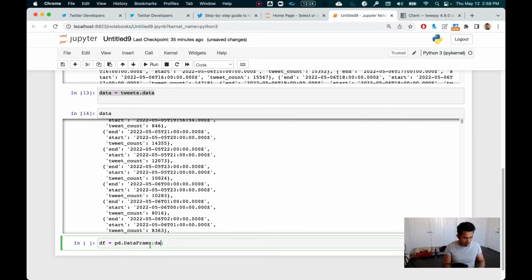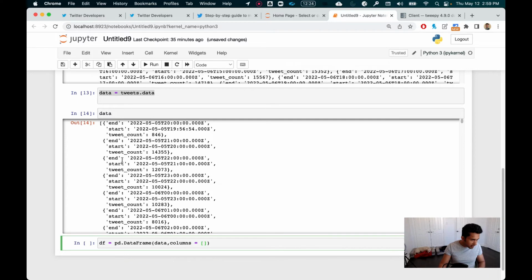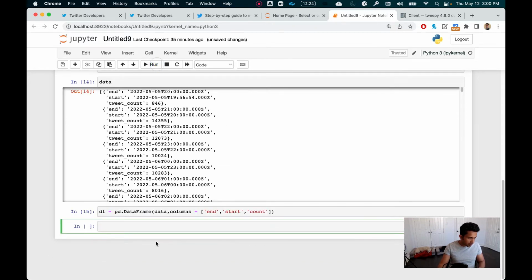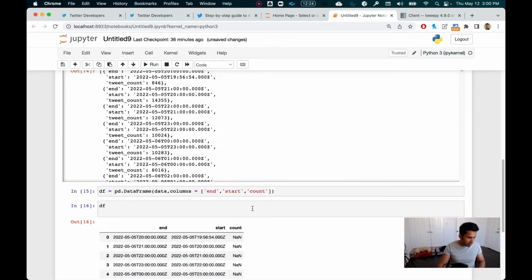I'm going to enter data, and then I simply need to enter the columns, right? So the columns that we have are end, start and count. So end, comma, start, comma, count, and then let's run this. And now if I hit df, oops,